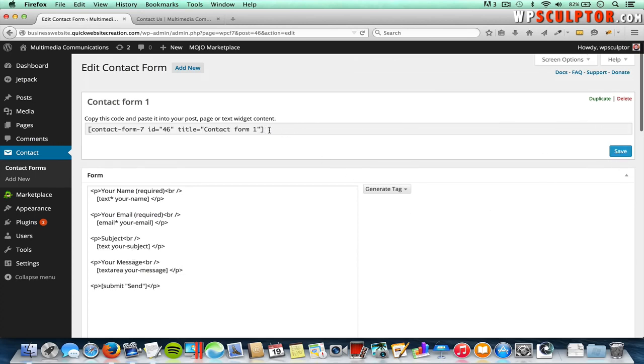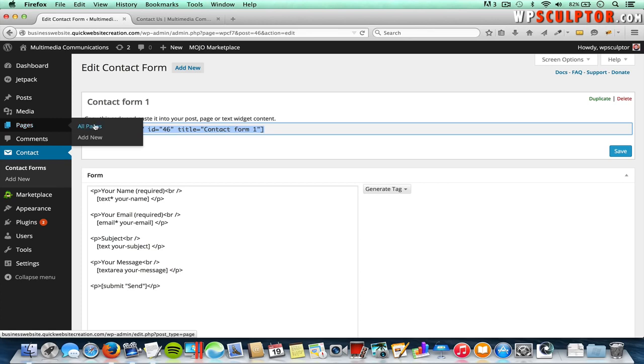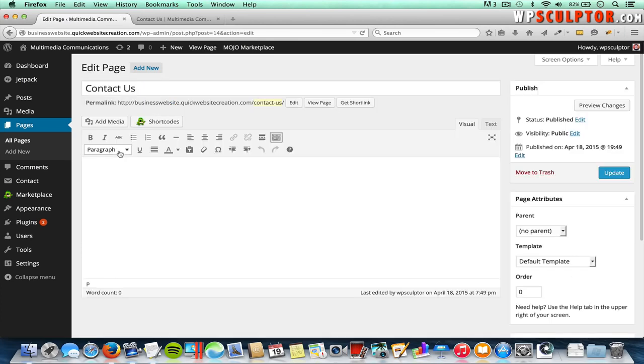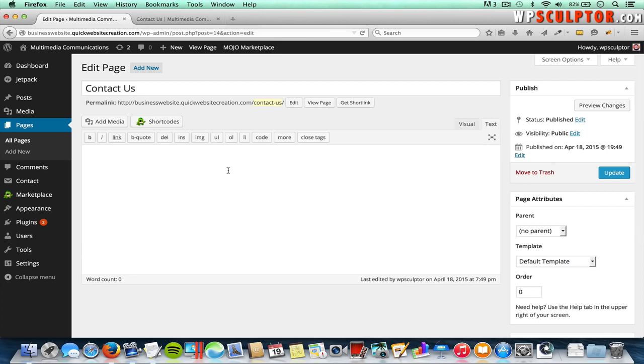And to add the contact form to our contact page, all we have to do is copy this shortcode and make sure you get all the characters, both brackets included, and we're going to copy that. And now we're going to go to Pages and click on All Pages, and we're going to click on Contact Us to open up the contact page in the page editor. And I prefer to switch to the text editor when using shortcodes, so I'm going to do that, and then all I need to do is click here and paste in that shortcode,